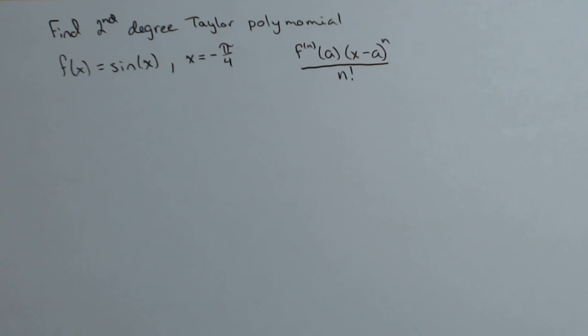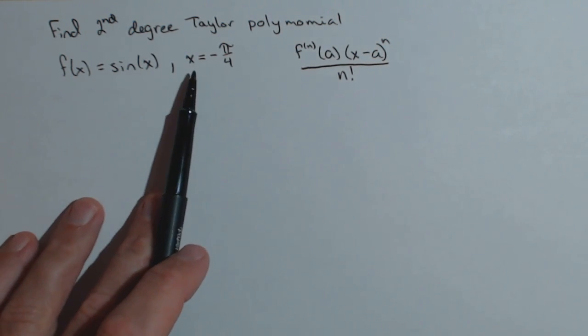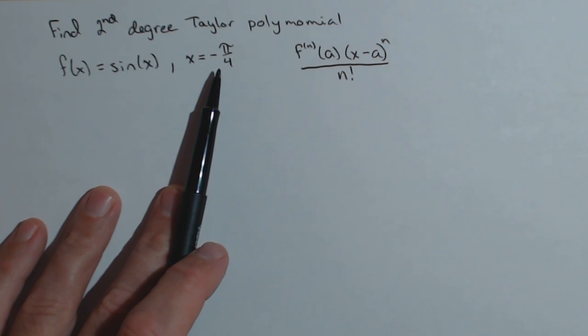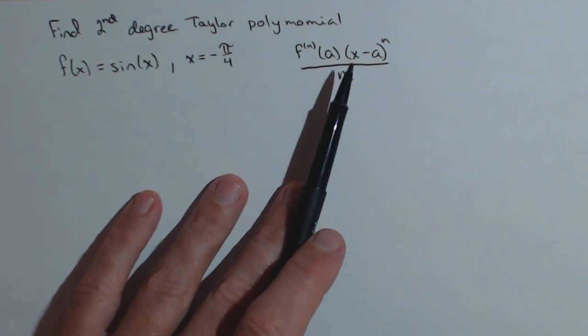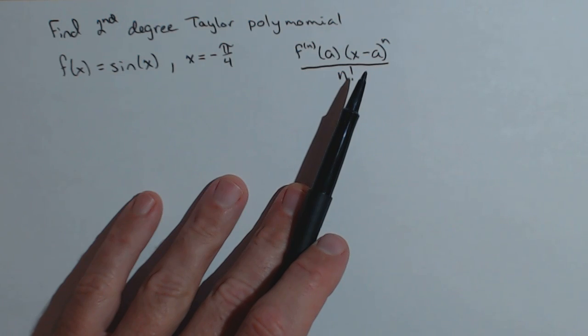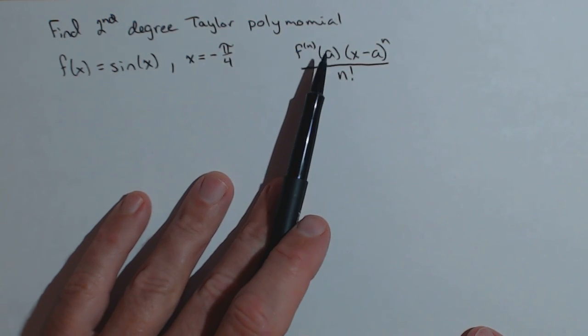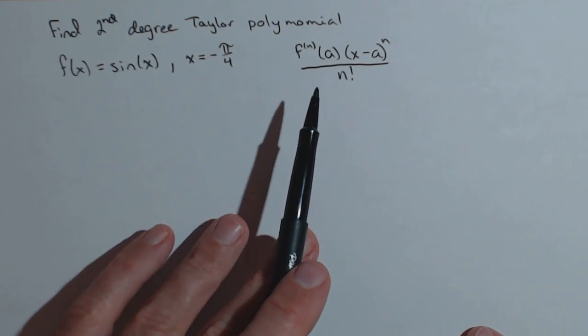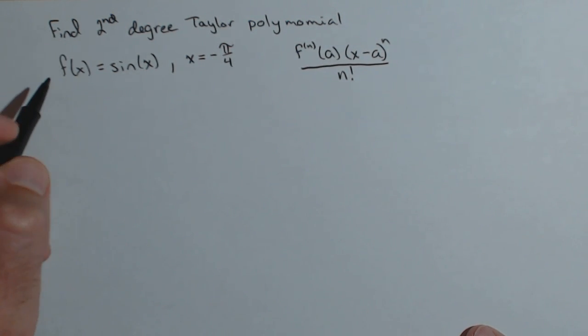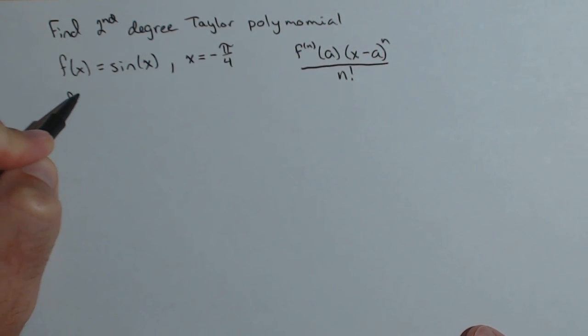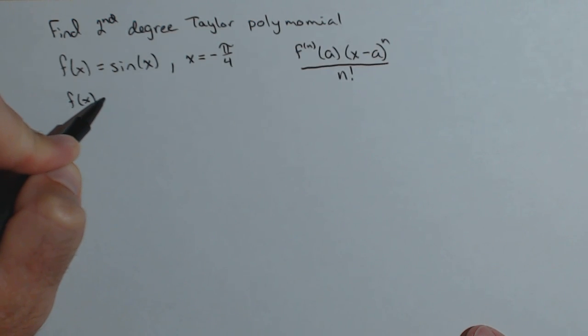So we're going to find a second degree Taylor polynomial of sine of x around negative pi over 4. And just as a reminder, here's our formula for the coefficients of a Taylor polynomial: the nth derivative at a times x minus a to the n over n factorial. That means we're going to need not just f of x,